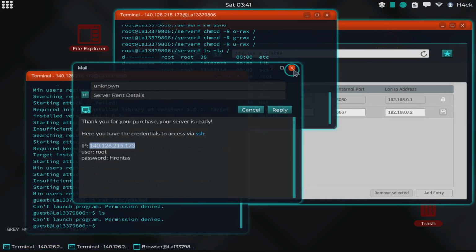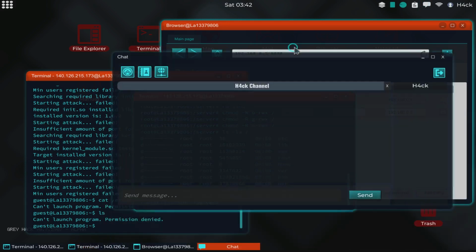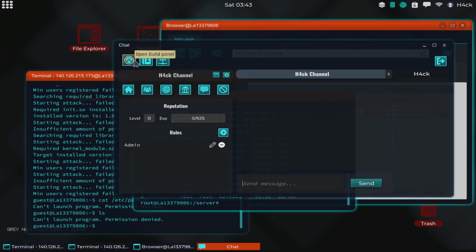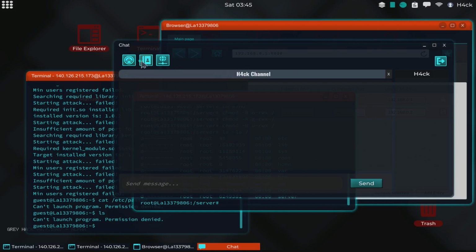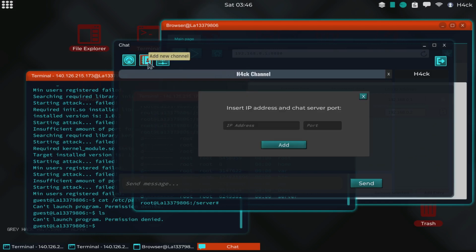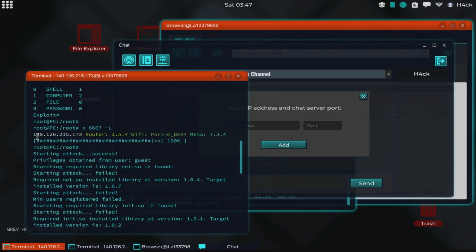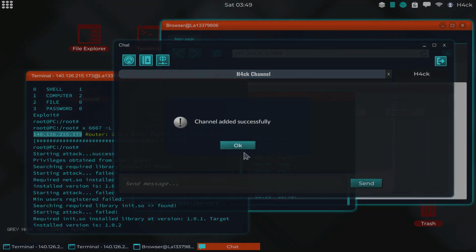Now the last part is to see if it all works, and we open the path for that. Then we're going to open the guild panel. Well, you don't really need to. Let's just do this part first. So we're just going to click on add new channel, and then we're going to use the IP and the port we selected as the external port. Like I said, you can select another one, but we chose this one, and we just add that to the